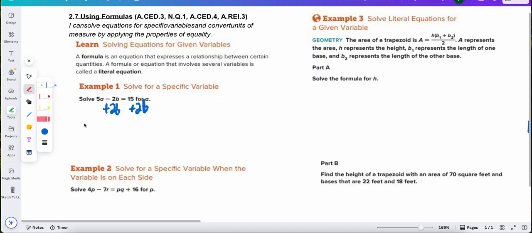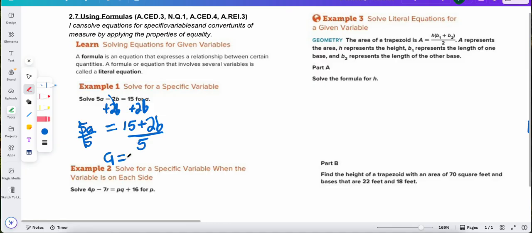Now remember, one of the most important parts of this is you can only combine like terms. So the 2b's cancel. 15 and 2b are not like terms, so this would become 15 plus 2b. Okay. Then, to get a by itself, we got to get rid of that 5. Well, this is being multiplied by 5, so we would want to divide by 5. The 5's cancel, leaving us with a